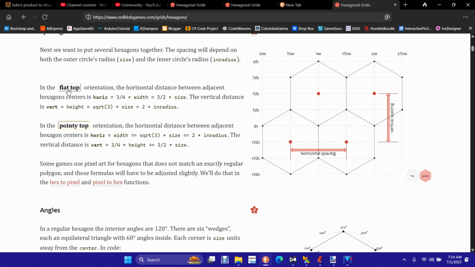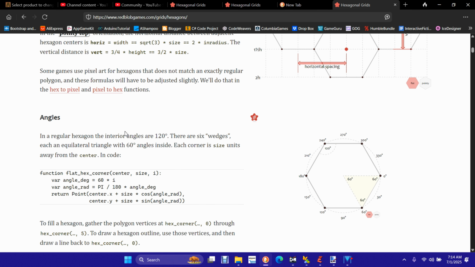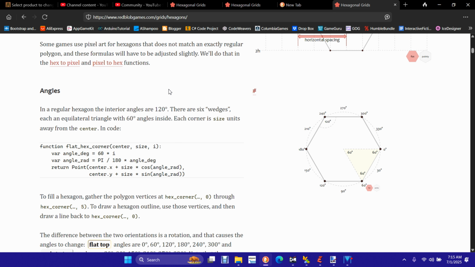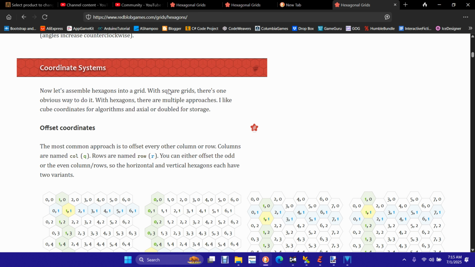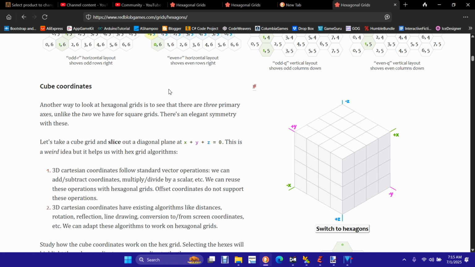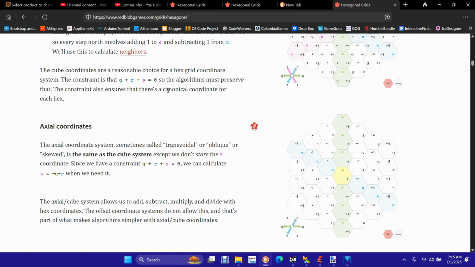And you have the flat top and you have the pointy top, and it's an active sort of screen. You can select things and check it out, and he gives you all the equations. Now, the equations here, I believe, are written, I'm guessing it's in C. To be honest, I'm not terribly positive about that. But that being aside, what I have done is come into this web page with the desire to figure out,